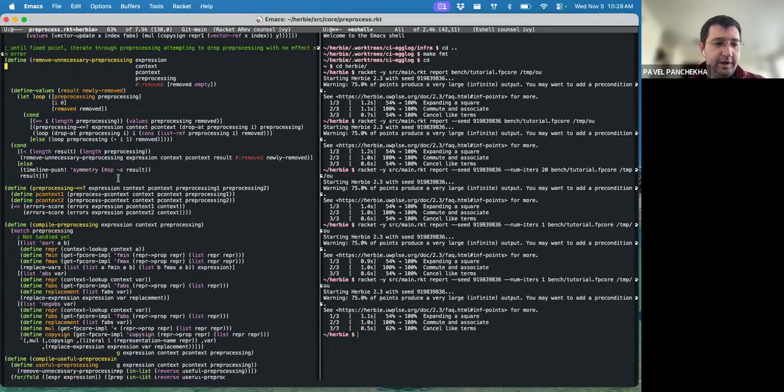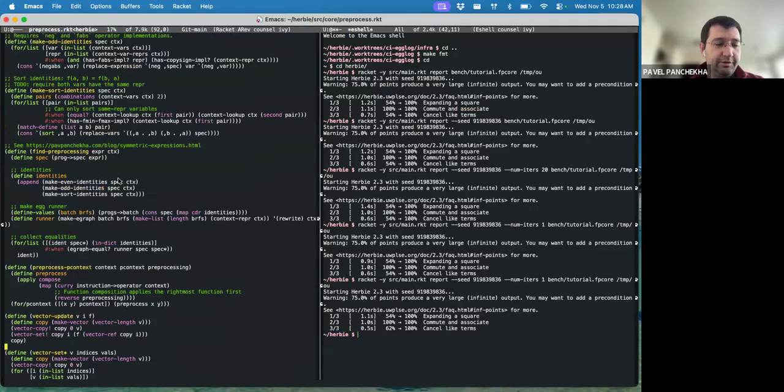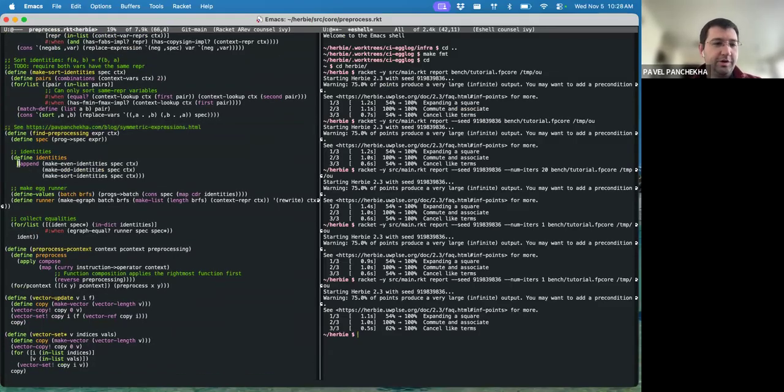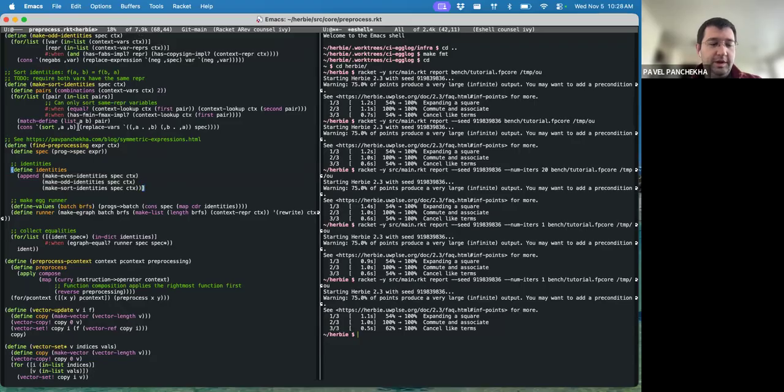And if we skip a bunch of stuff, we can find the find preprocessing function. I have a blog post that's linked in the code that describes the general idea. But basically, we take the specification, the real valued expression that the program corresponds to. And then we have these three types of identities we look for: even, odd, and sort. And if you look at these, identities are just a variation of the program that we want to know if